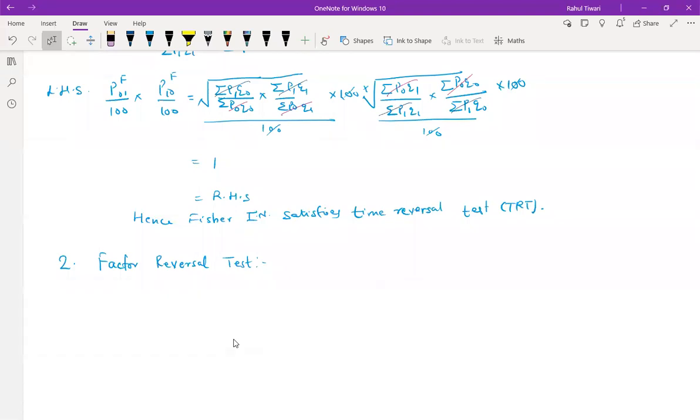In factor reversal test, you interchange the prices and quantities without giving any inconsistent result. So this test requires the formula which will allow us to interchange the price and quantity. Remember, when you have a result of, let's say, price, and when you have the result of quantity,